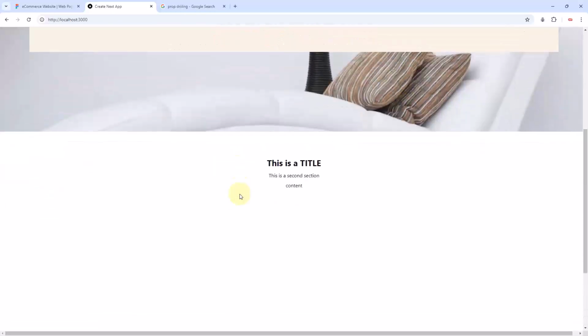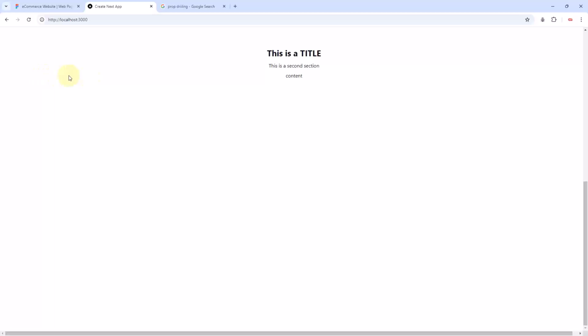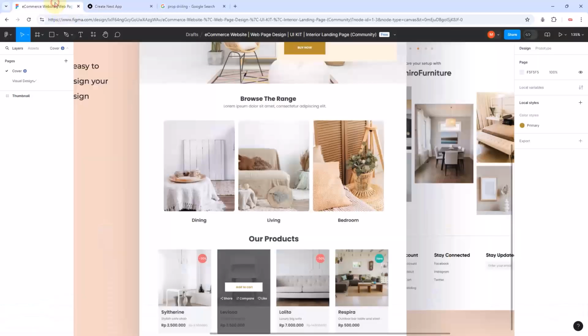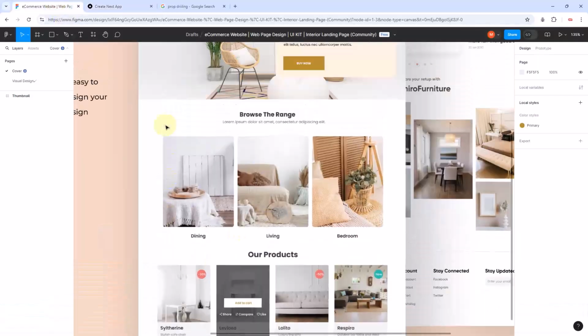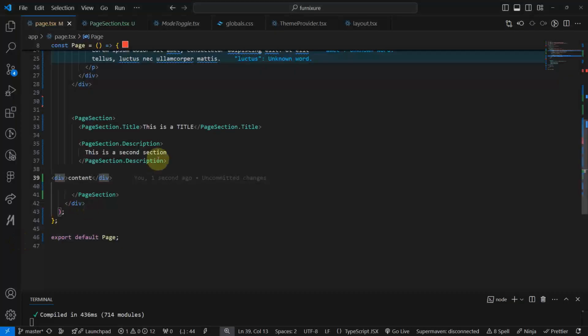So as you can see, it looks to me like even this content forms part of this group: title, description, and the content. This is not really what we want. Remember, the content needs to fill this entire area, because it's where we are going to put the images. Okay, so now how are we going to do this? We can still